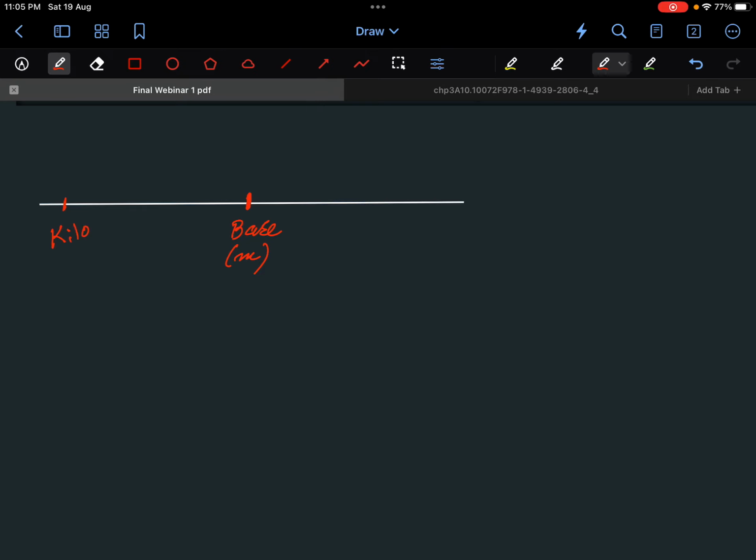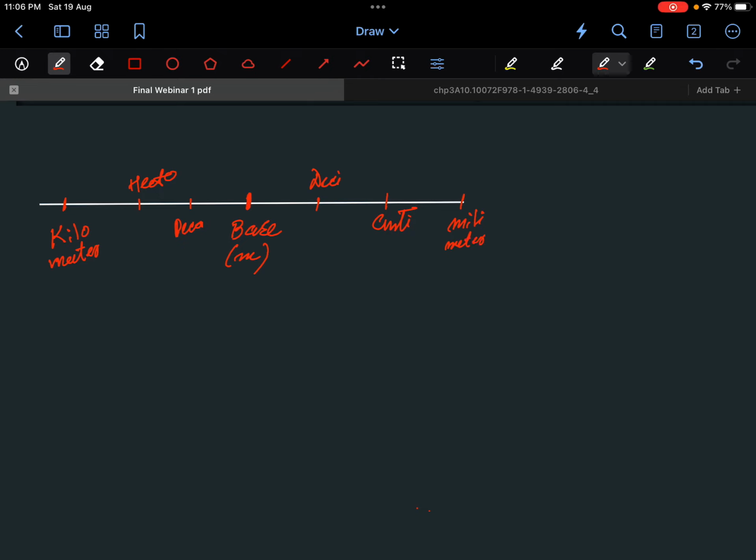So here in this case it will be kilometer, right? Kilometer, and after kilo, hecto, deca, meter, then deci, then centi, then millimeter,